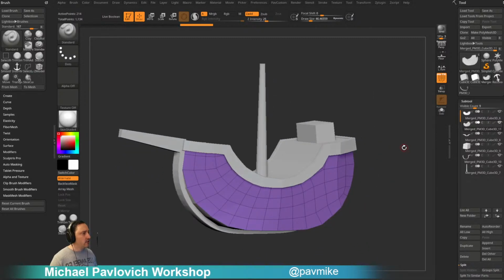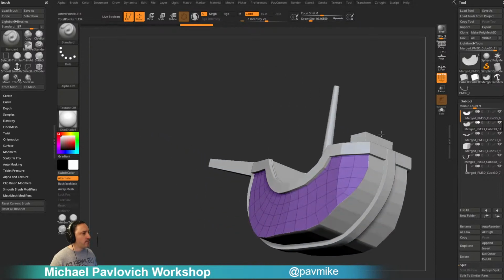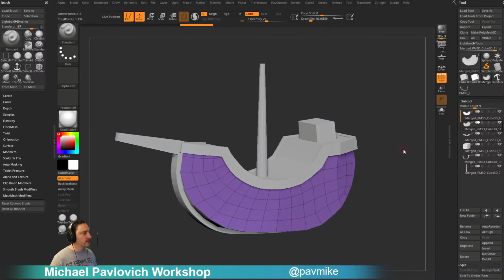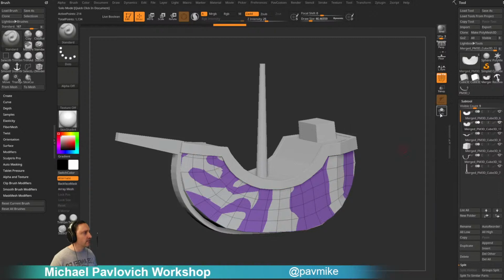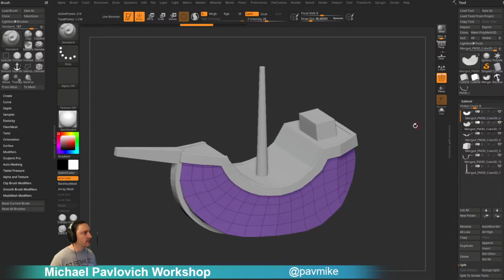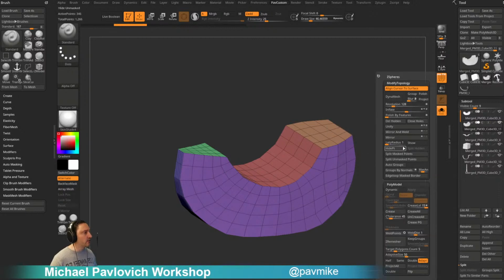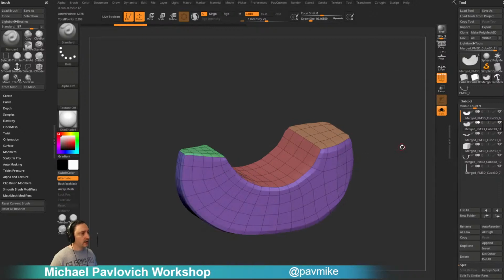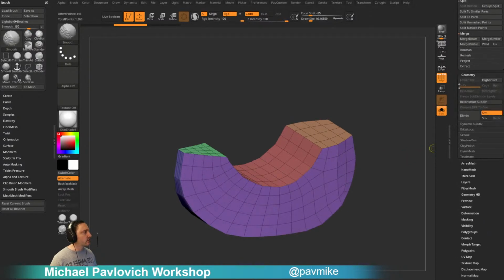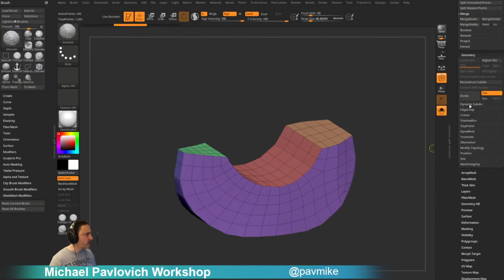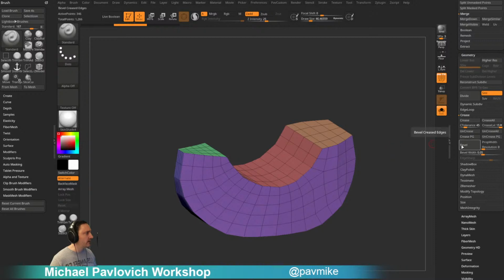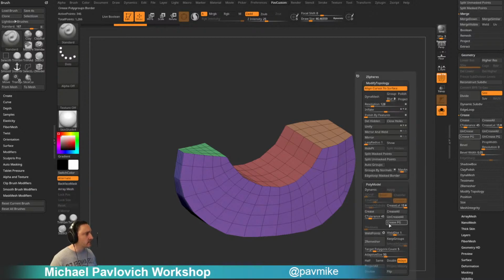And you know what I'm going to do? I want this to be a little bit smoother. Again, let's try a little polish by feature on this one. Before we delete hidden, I'm going to do a quick, just a tiny, let's do this. Control D to subdivide, but first we're going to go in here to geometry, polygroups, sorry, crease by, I have to use my custom menu. It's in there somewhere, crease PG, and then I'm going to hit Control